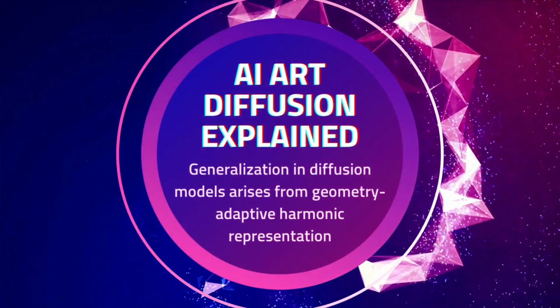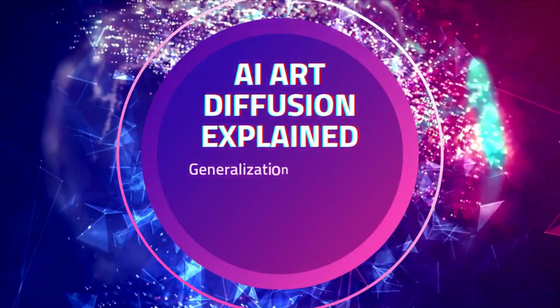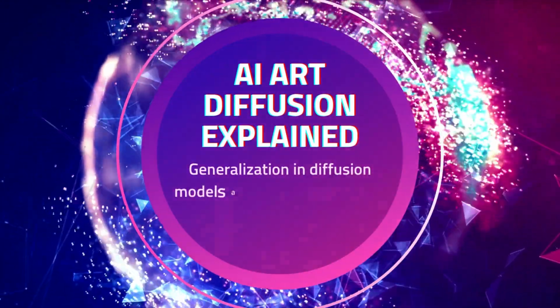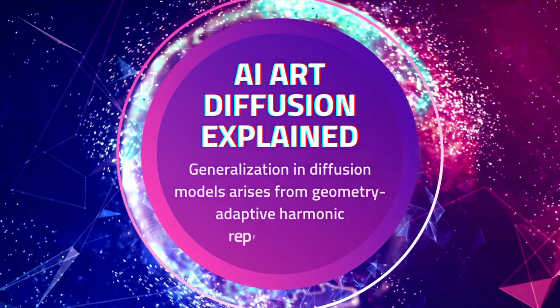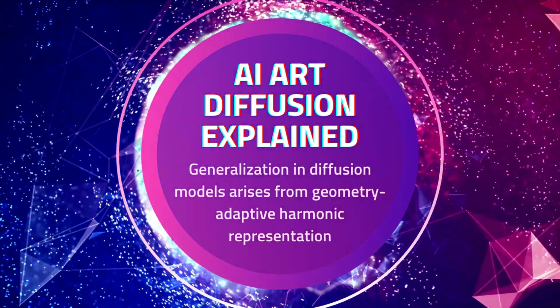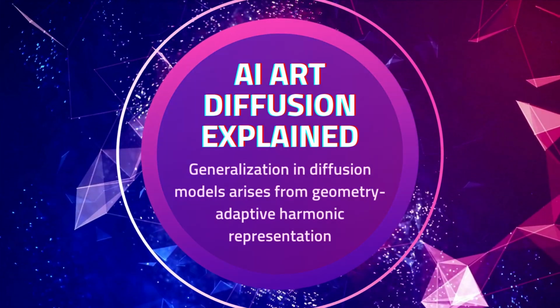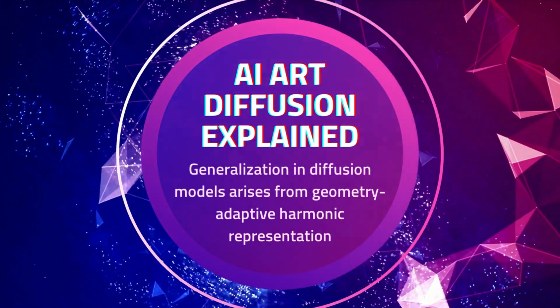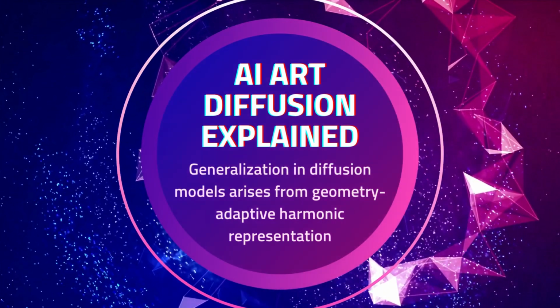Okay, so we've talked a lot about what this means for AI. But what about for us, the people using this technology? How should knowing about GAHBs change how we see AI-generated images? That's a great question. Does it mean the images are less creative? Less original? Yeah, that's what I'm wondering. If they're basically following a set of rules, even if those rules are really complex, does that make their art